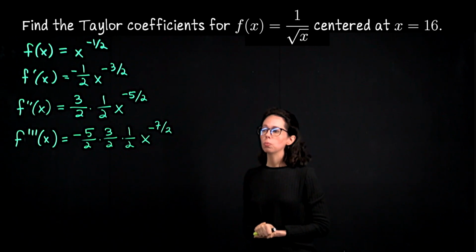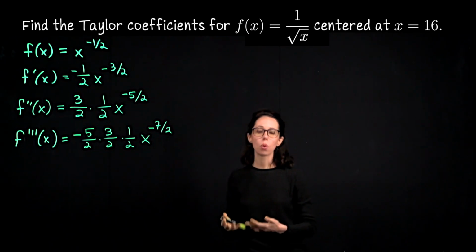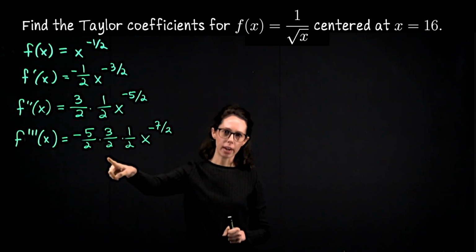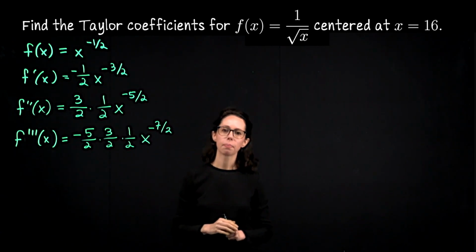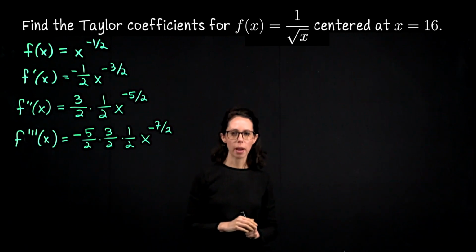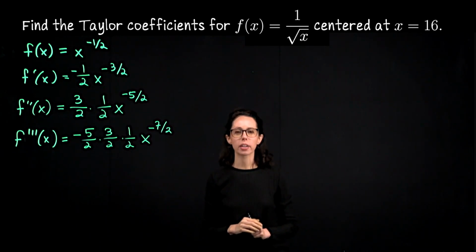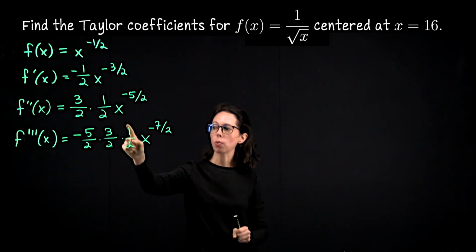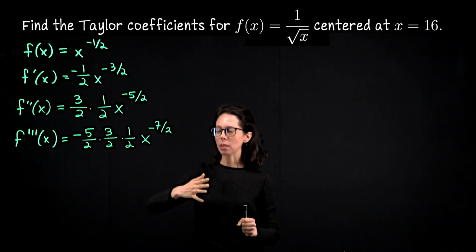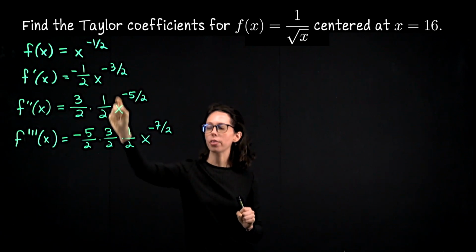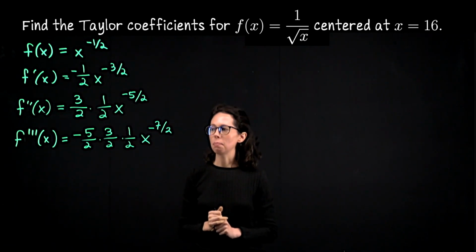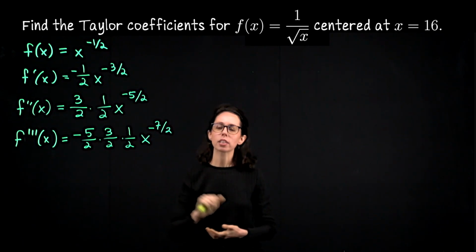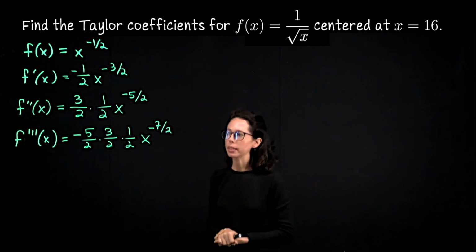I would recommend not multiplying these together. I would not write 15 over 8 and 3 over 4. Because sometimes when you're trying to spot a pattern, it's easier to spot the pattern in the factors than in the product. So I think it's easier to see, hey, 1, 3, 5, that feels like a pattern. That might be easier to work with than 1, 3, 15. So that's my advice, is not to combine, multiply things together. If you leave it in factored form, you might be able to describe the pattern more easily.